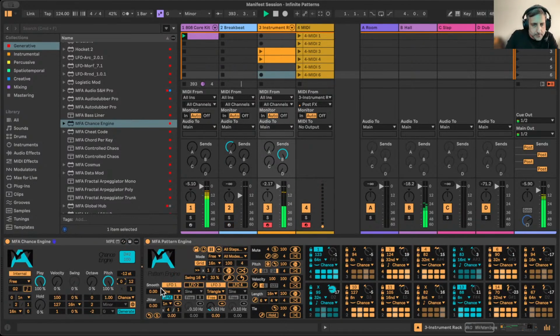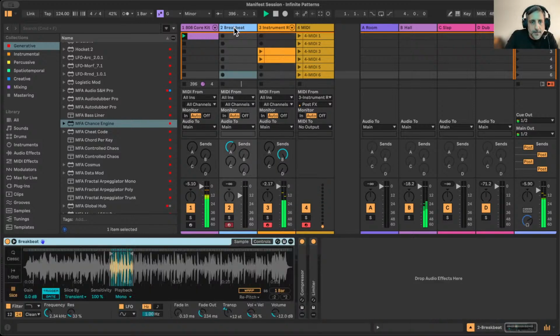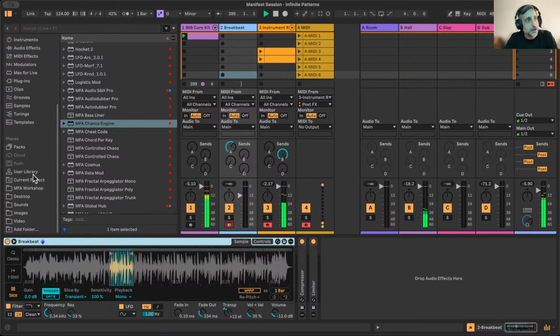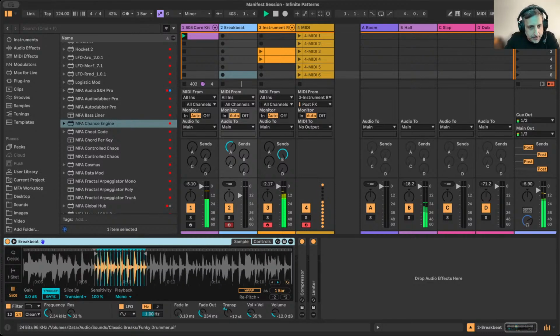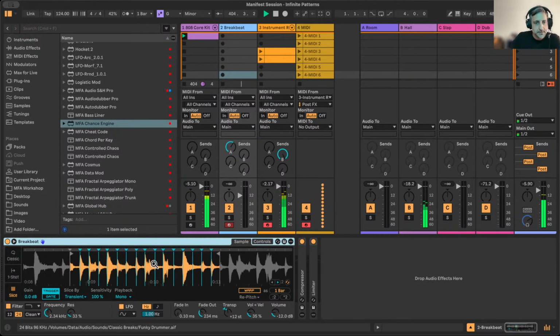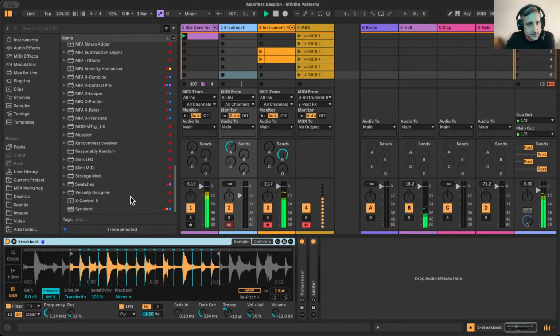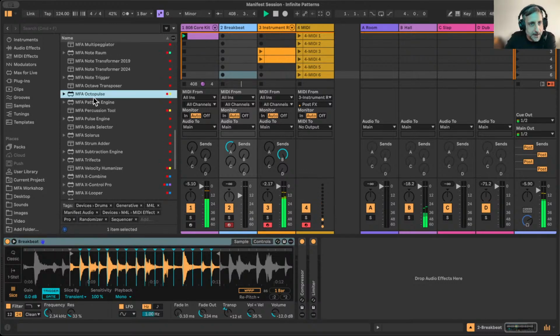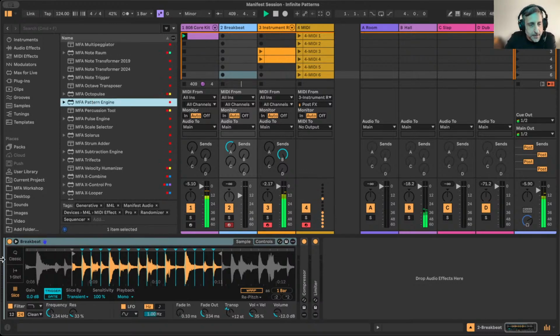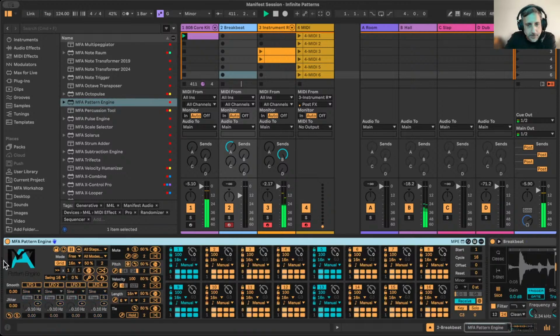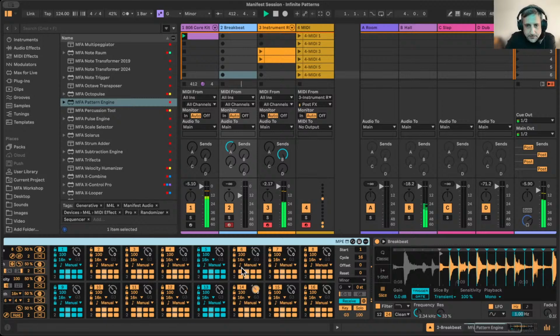I think, but I got this little breakbeat prepared, and I thought it would be useful to look at using Pattern Engine on drums. A little shout out to Lewis on the Discord, who posted something really cool going on with a sliced simpler, and I said, what's the MIDI effect rack that's triggering that? He said, it's a Pattern Engine. I was like, wow, okay, how have I not done that before? So today's the day. I decided to play around, and so I've already prepared and sliced the breakbeat, and we're